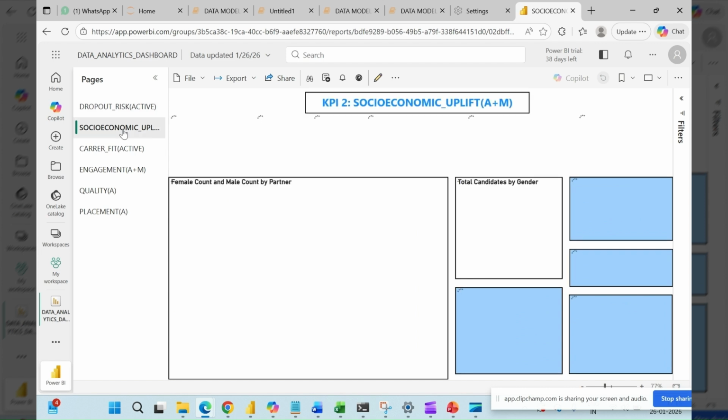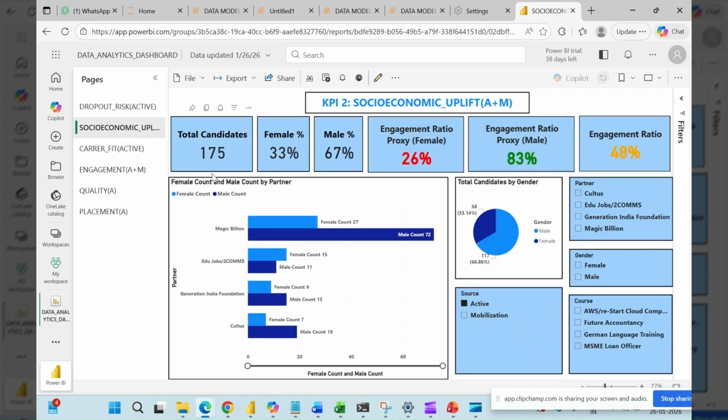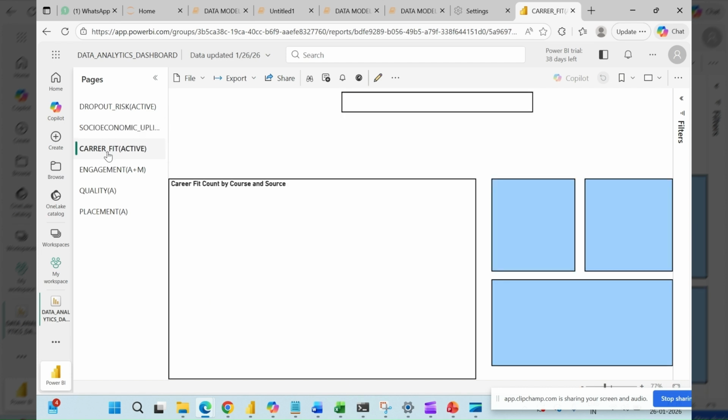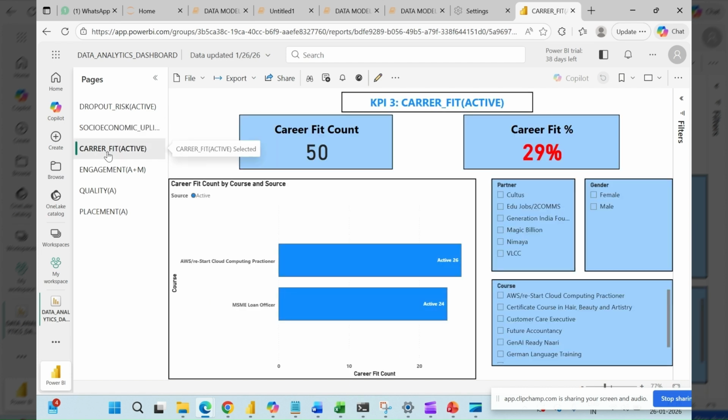This is socio-economic uplift report. Last time I discussed it with the management, but I have fine-tuned it. We will come back to this after these reports, then it will be very easy to understand. So this is career fit